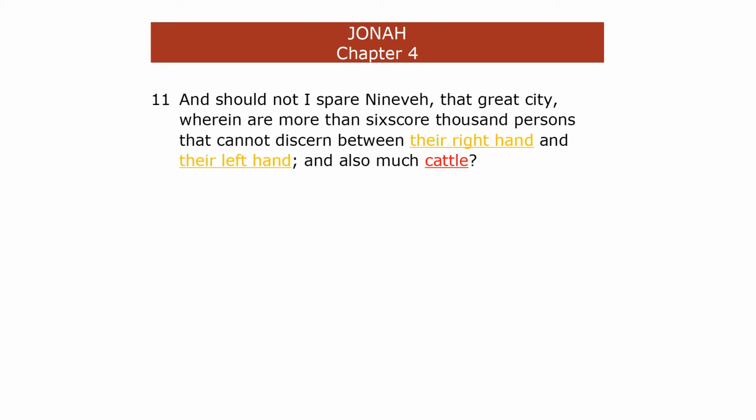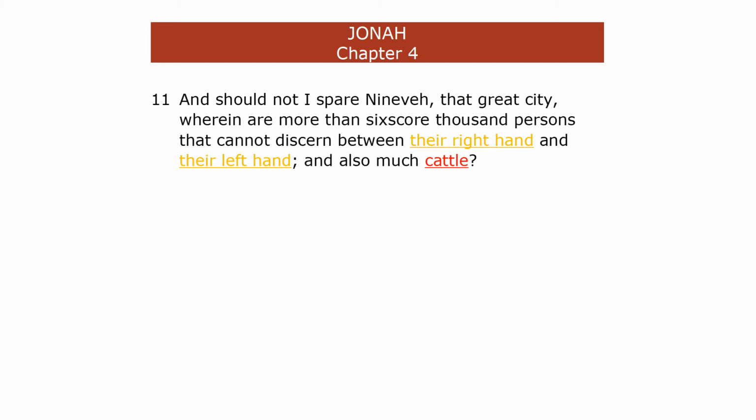Cattle again showing up, and much cattle. They don't have any cattle. They don't have any economics. They don't know what their right hand is, their political hand. Neither do they know what their left hand is, their social. So these 3 things, it's describing you as the people of Nineveh in the biblical time, which is now in